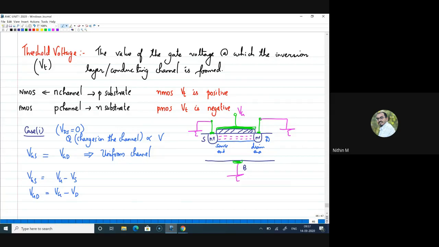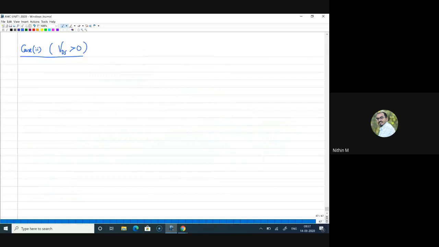Because since the source and drain are connected through this conducting channel, and since now there is a potential difference between source and drain, I can definitely expect a movement of charges because there is a path and there is a potential difference. So current will flow. Yes, we'll come back to that, Kirtana, because there is an effect on the channel as well. So that we'll see.